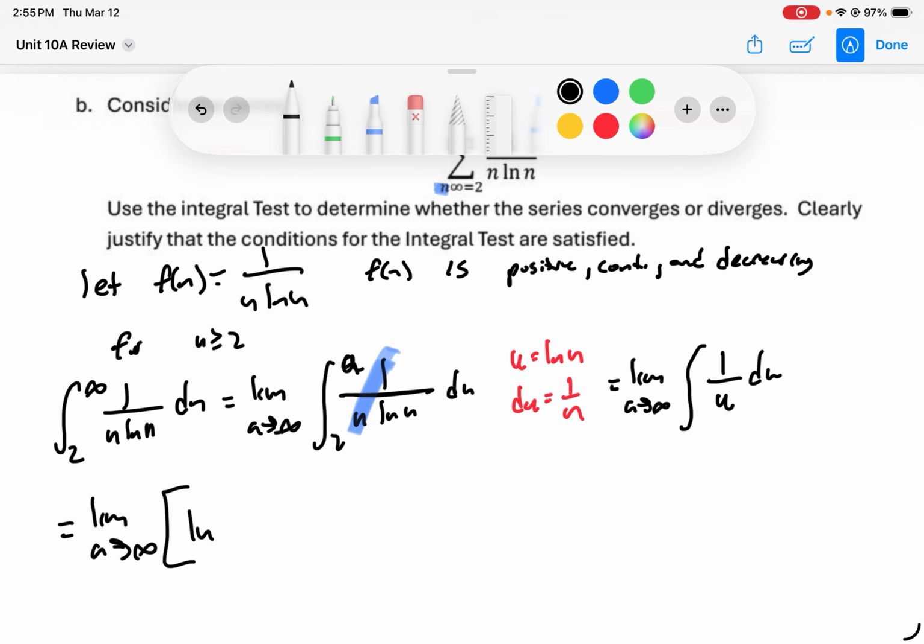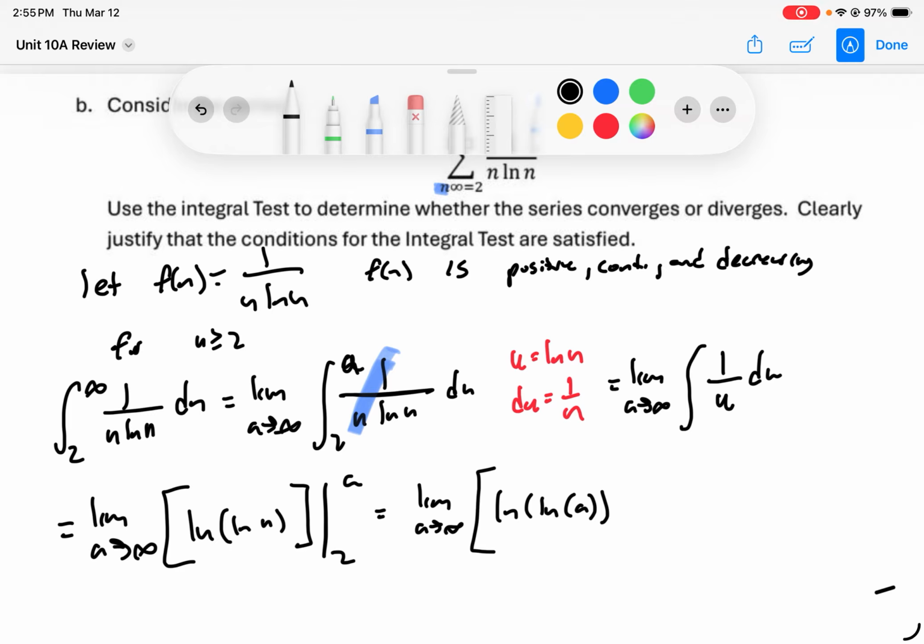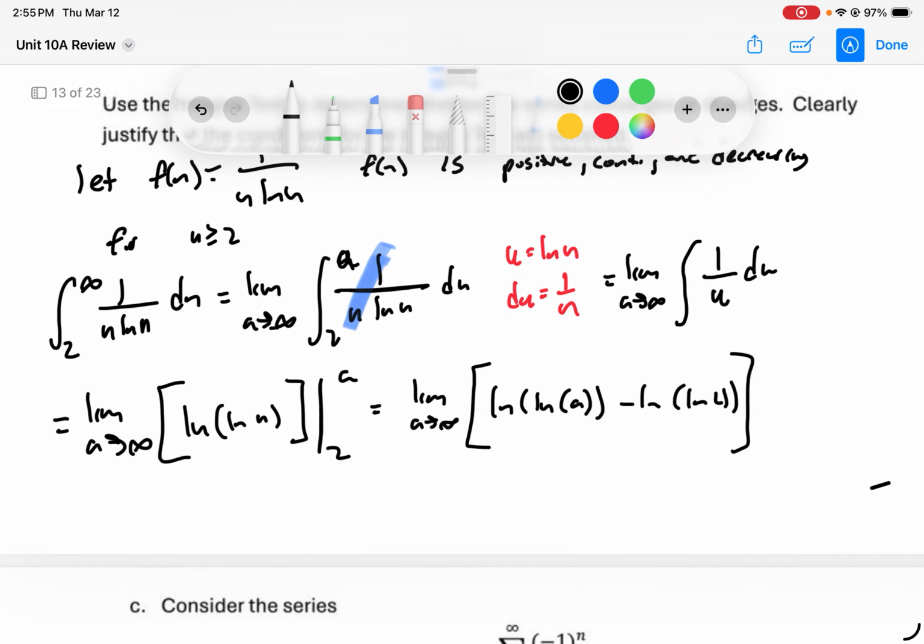So it's the natural log of u, which is natural log of n, evaluated from 2 to a. So this would be equal to the limit as a approaches infinity of natural log of a minus the natural log of 2. And I think we've done this problem a couple times by now. We realize that this limit right here is infinity, therefore the integral diverges,